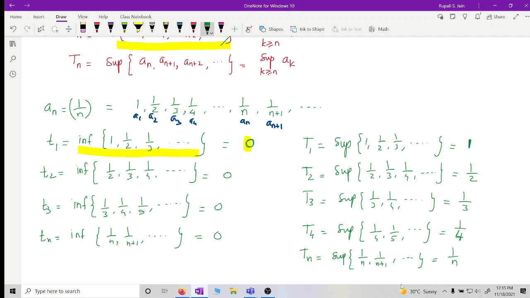Decreasing. It is decreasing, like 1, 1 by 2, 1 by 3, 1 by 4, 1 by n. So this capital Tn is a decreasing sequence, right? It is a decreasing sequence. And if we check another example, we will get this as an increasing sequence. Here we are getting the same value, but okay, whatever we have defined here,